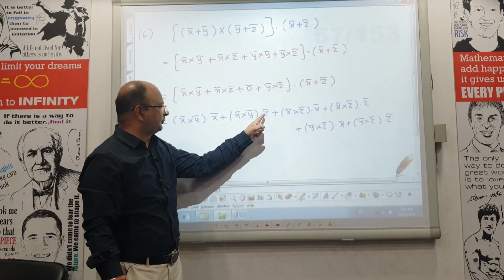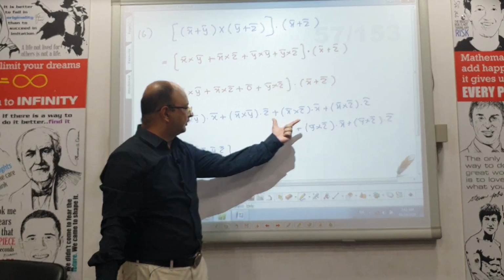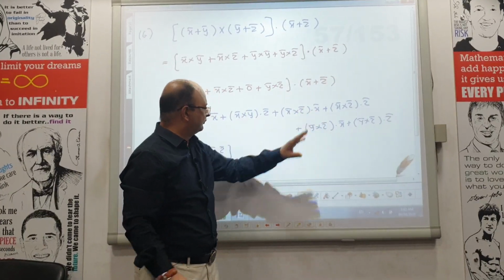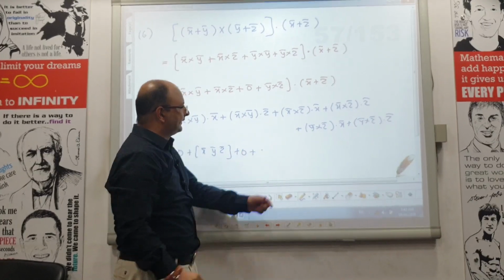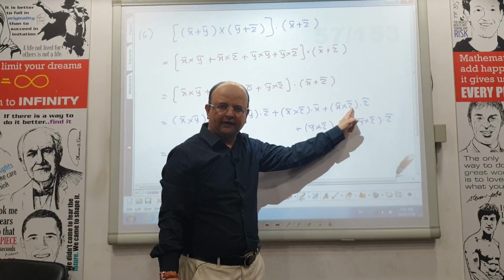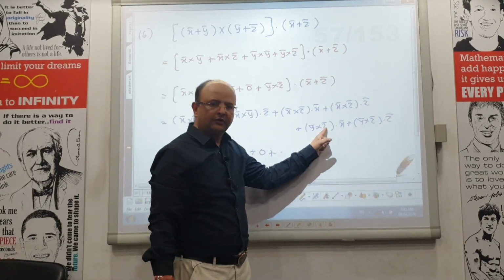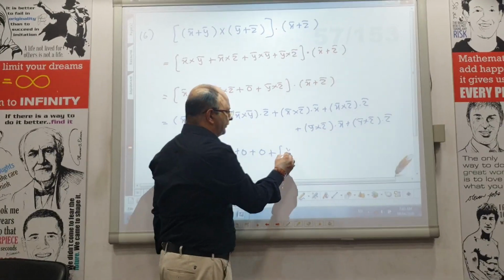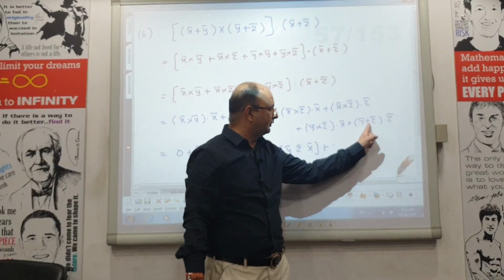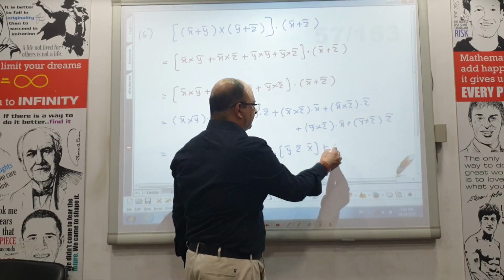This is box product X bar, Y bar, Z bar. This is a box product, that is determinant whose first and third row are same, so that is also 0. This is box product, means determinant, but its second and third row are same, so it is again 0. Y bar cross Z bar dot X bar, that is box of Y bar, Z bar, X bar, plus this is box product, that is determinant whose second and third row are same, so this will be 0.